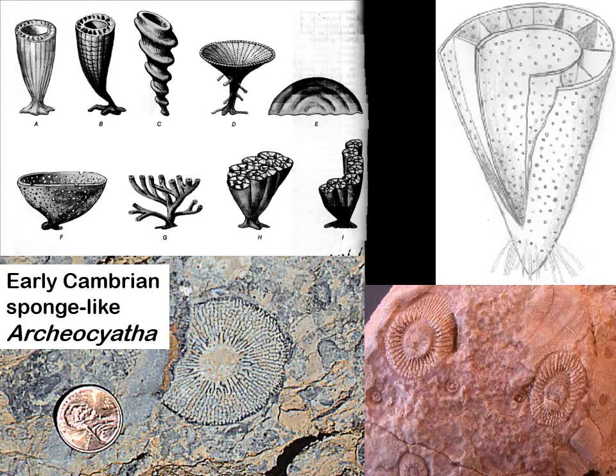Let's take a look at some of the organisms we would see in the Cambrian. If you wanted to go to a reef in the Cambrian period, and reefs are very important, we're going to be talking about reefs a lot because they are a major source of biodiversity. If you wanted to go to a reef in the Cambrian, this is as good as you'd get. It would be an archaeocyathan reef. So they're not corals. They're more like sponges, but they're also a little bit different.